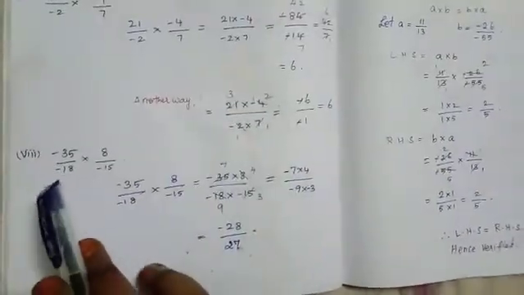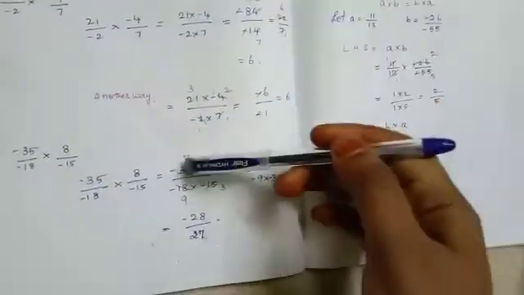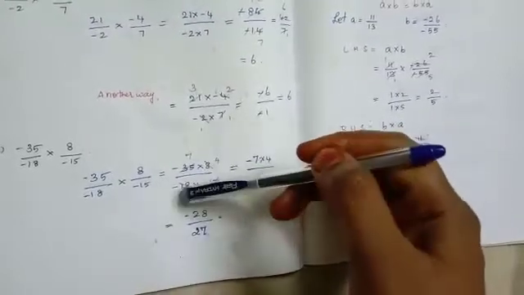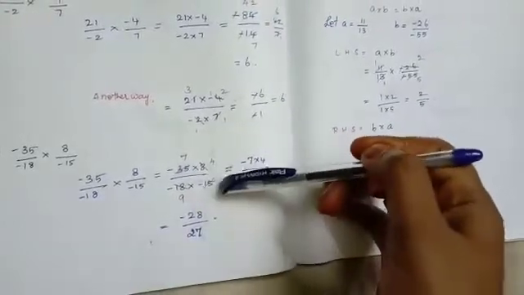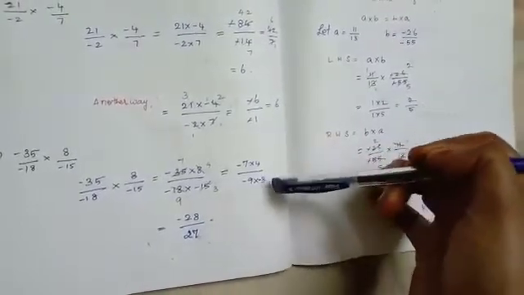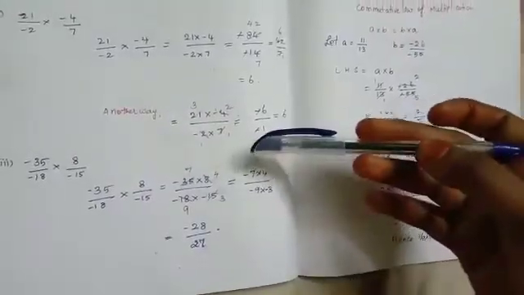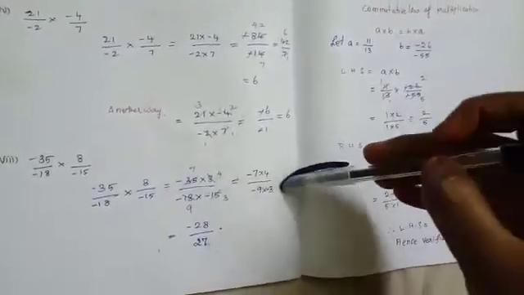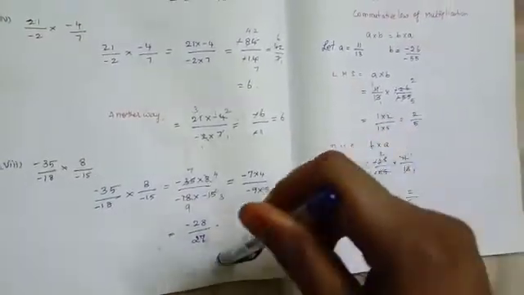So anyway you will copy down the sum. So last one, 8th subdivision, minus 35 by minus 18 into 8 by minus 15. So minus 35 into 8 by minus 18 into minus 15. This 8 and 18 are cancelled in 2 table. In 2 table 8 4 times, 18 9 times. In 5 table you cancel the 15 3 times, 35 7 times. Now minus 7 into 4 by minus 9 into minus 3. No other common tables for numerator and denominator. So multiply this. 7 4s are 28. So minus into plus, minus 28. Minus 9 into minus 3, minus into minus plus, 7 3s are 27. So the answer is minus 28 by 27.